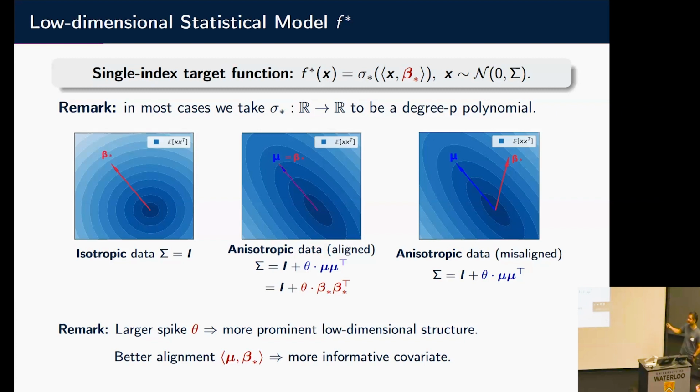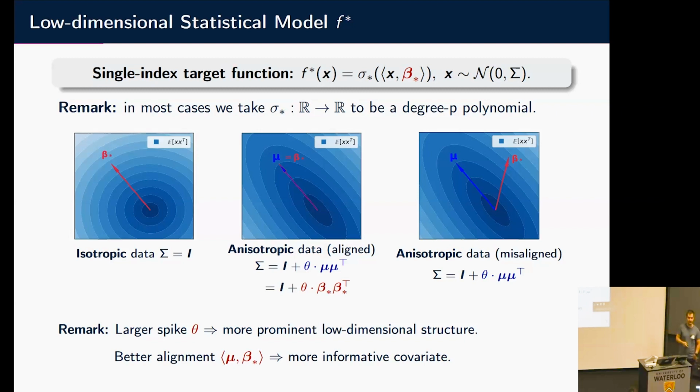And we're going to see, overall, the goal is as follows. So we have the spike magnitude theta, and we have the alignment, the angle between this mu and beta star. How do they interact with each other? How do they actually affect the learnability of the problem we have? I'm going to do this in 3 sections, each of them, and let's start